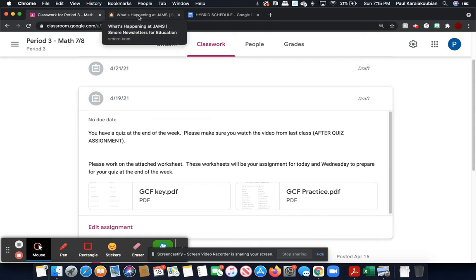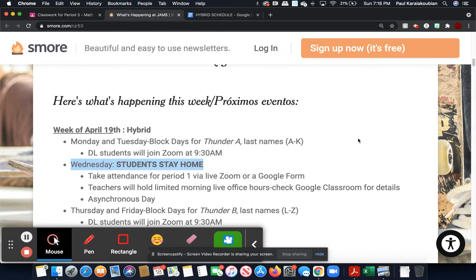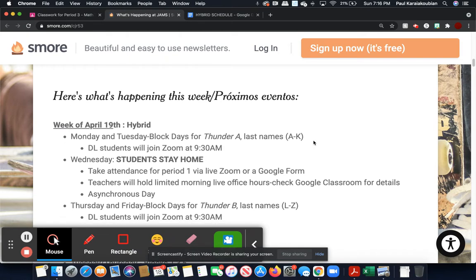Now, in terms of what's happening at JAMS, I did want to go over this with you. I know that you all got an email from Dr. Richardson, and this came up. So in case there's any confusion, I wanted to clear things up. One, for in-person students that will be coming to campus, there are two groups. Students are split by their last names. If your last name starts with any of the letters between A and K, you will be on campus Monday